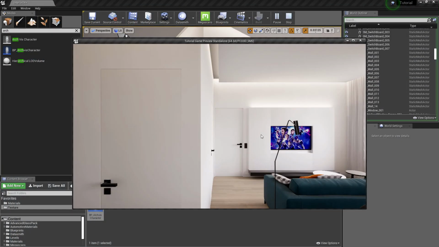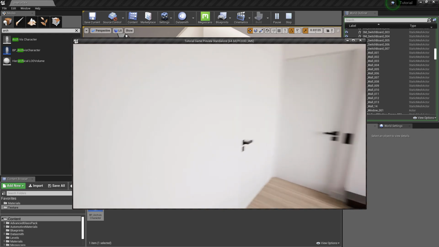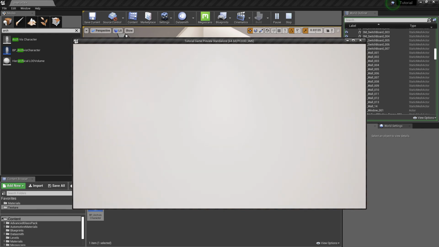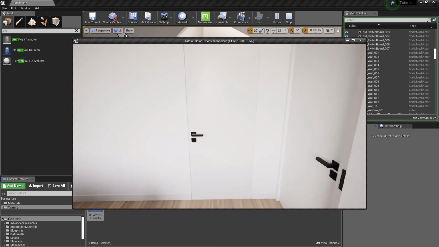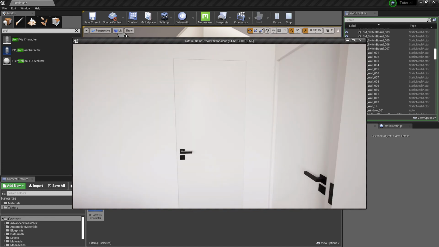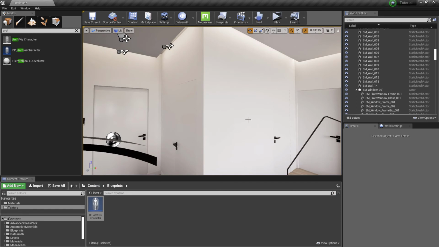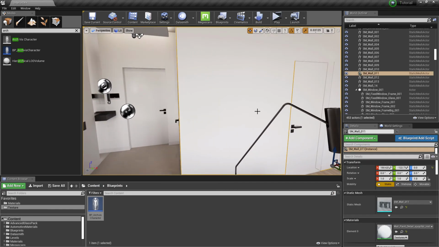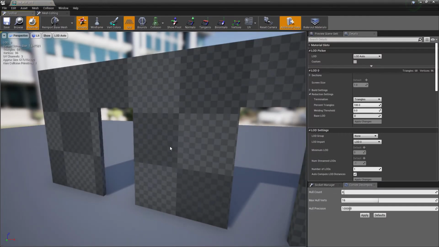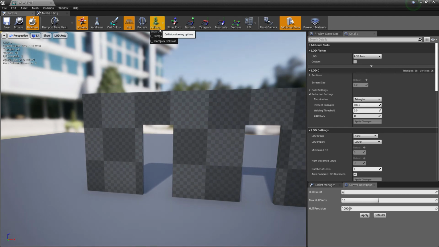Let's hit on play. I'm trying to get inside the bathroom, but I can't. The wall is blocking me. Let's fix the collision and try again.